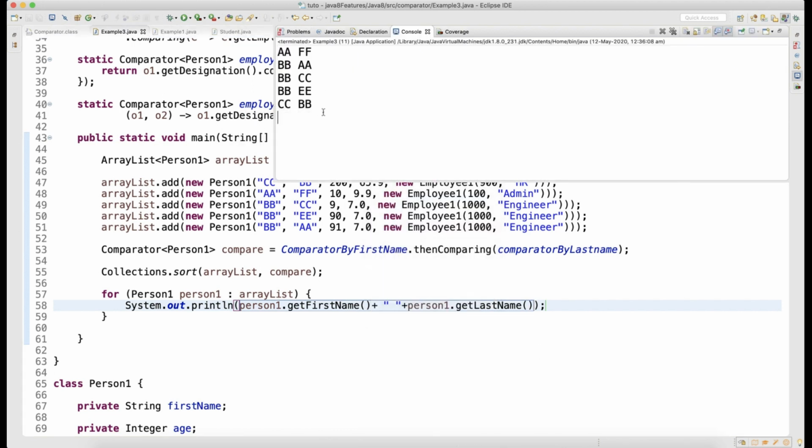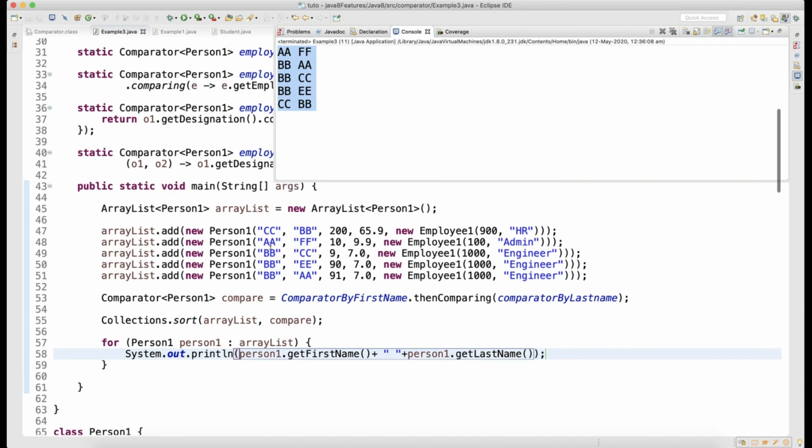Look at the output here: AAFF. There was only one AA, so sorting happened on the first name, and sorting on last name doesn't make much sense there. But when it went to BB, you can see that when sorting happened on the first name, BB comes after AA, but this BB has last names CC, EE, AA, so sorting happened on the last name.